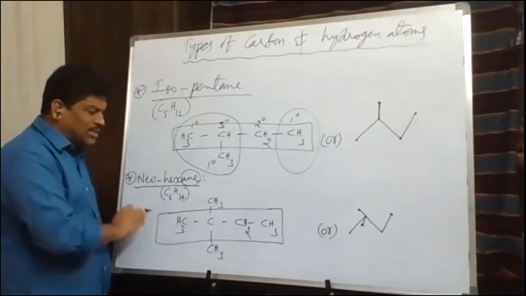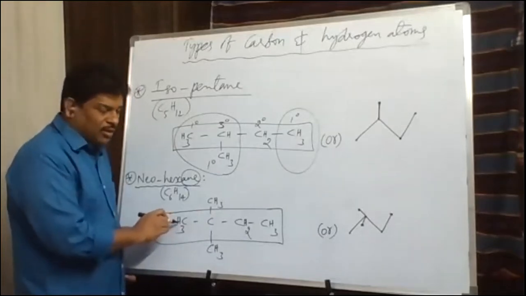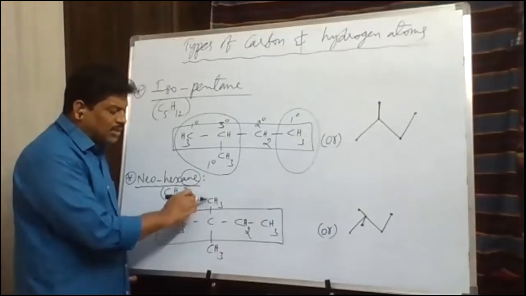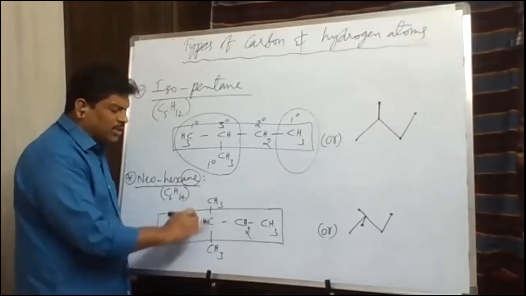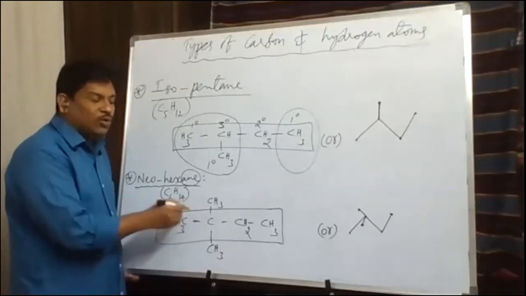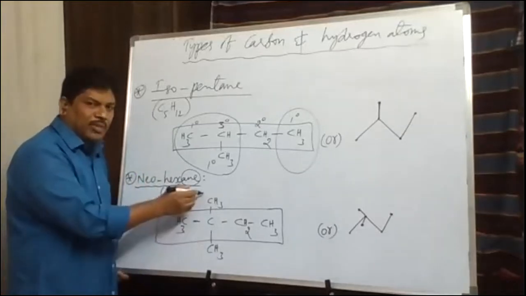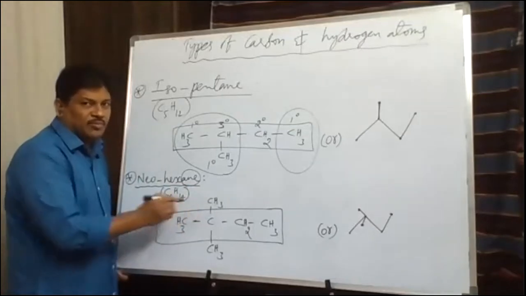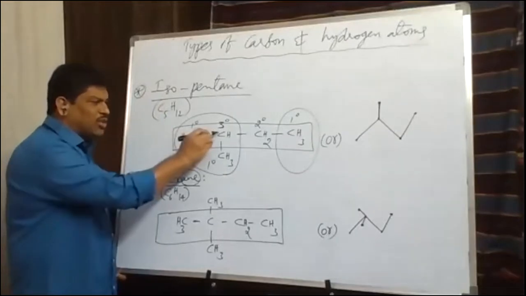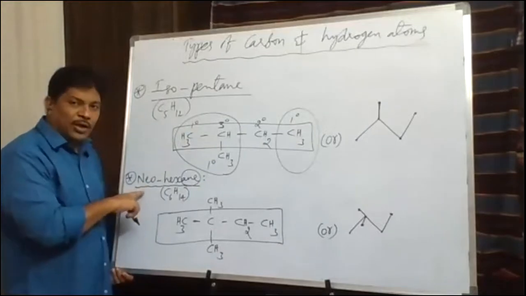Neohexane. In this neohexane structure, if you observe, take the last carbon, and the last but one, that is the second last. The last but one carbon has how many methyl branches on it? 2 methyl branches. If there are 2 methyl branches on the last but one carbon, we use the word neo. Neo indicates the presence of 2 methyl branches on the last but one carbon, the second last carbon. Here, why do we use iso? The last but one carbon has 1 methyl branch, so it is called iso here. So it is called neo.